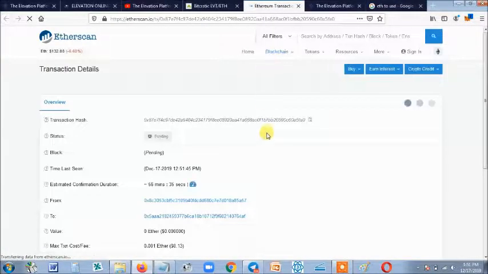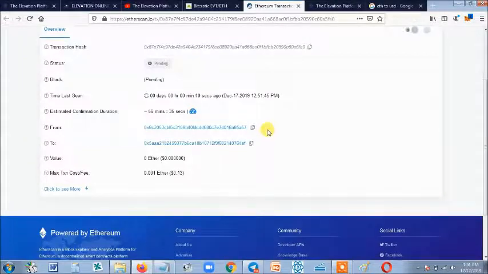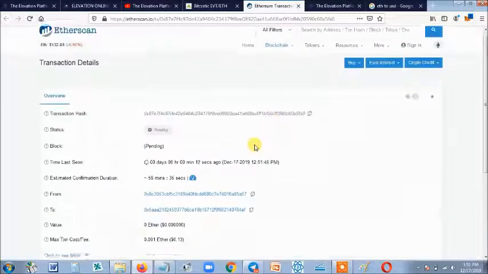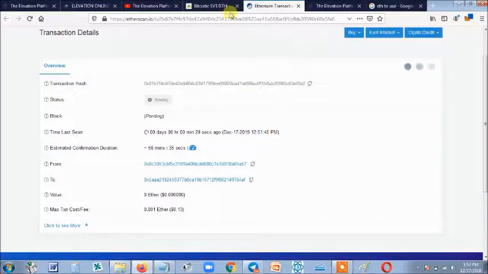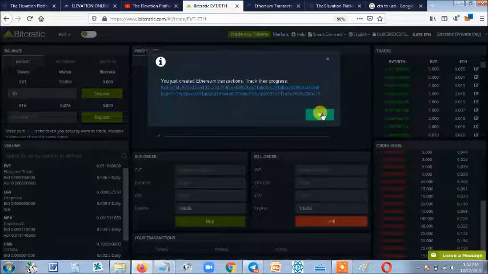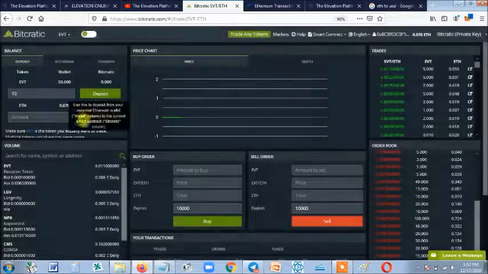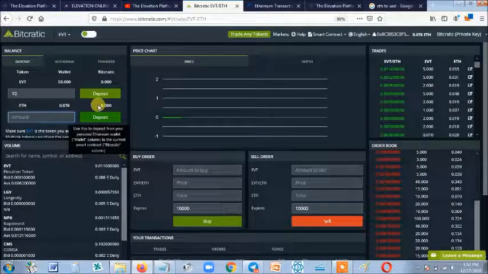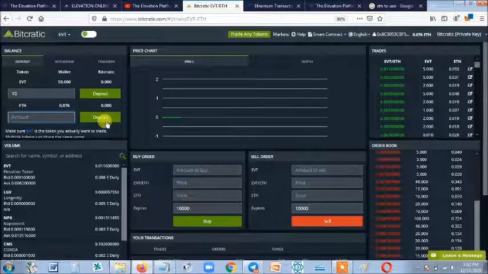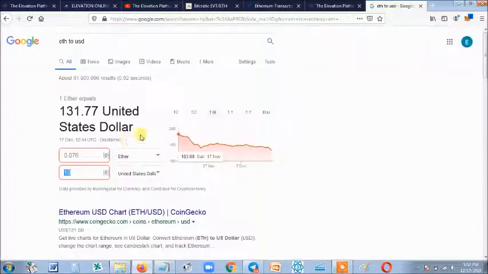All right, it's also an Ethereum transaction. Remember, that's why I said you should have some Ethereum. So it's going to take time. Now while I'm waiting for that, I can still go back, click OK, and then I will also move some Ethereum. All right, I also deposit some Ethereum from my wallet into the exchange too. So out of 10, I can split it into 2. Maybe $5 right now, maybe $5,